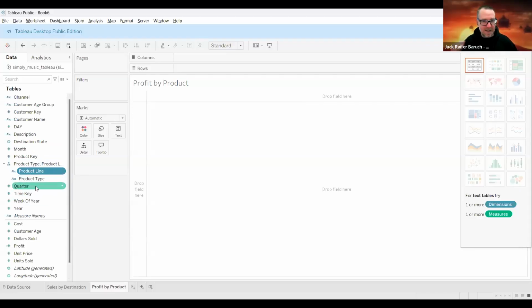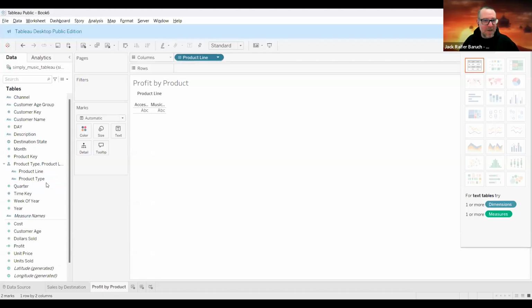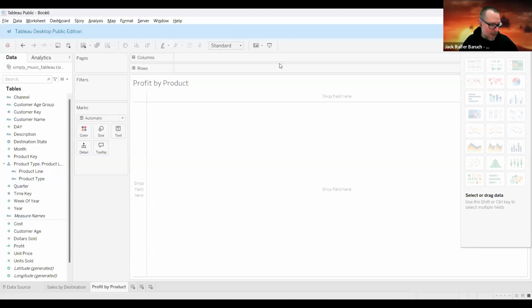Now, the third level, because we have third levels in this hierarchy. The third level, if it pops up the other way, product type first and product line second, you can just move them around. See? You can move them around as much as you want once the hierarchy is created. The most important thing is that you create the hierarchy first. I think it's product line first, then product type. Then, since we need a third one,